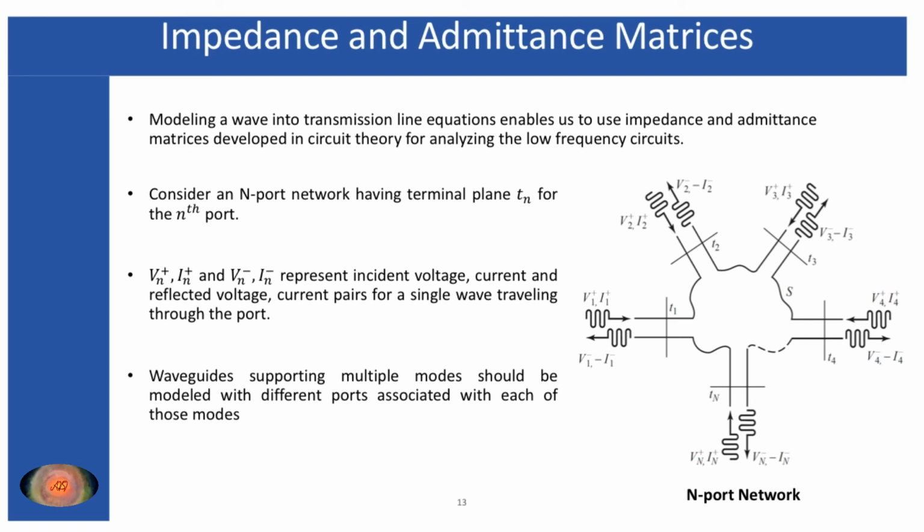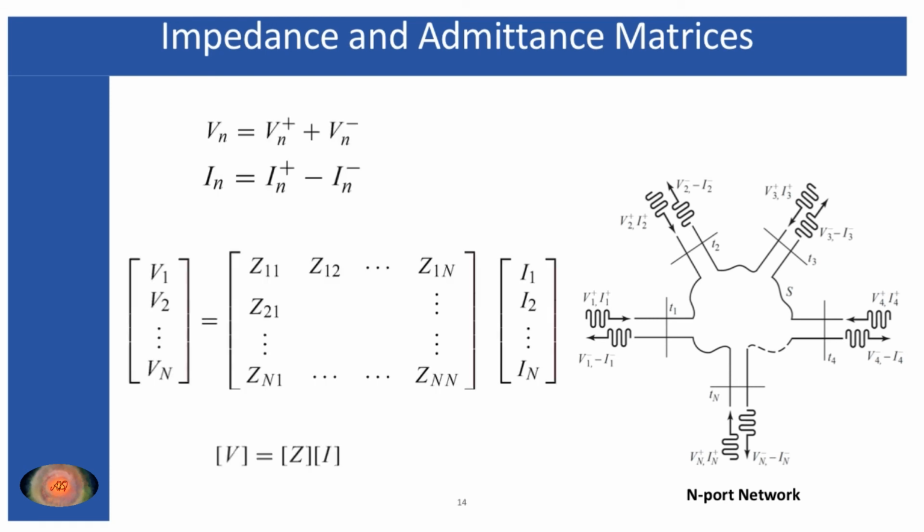So whenever that waveguide is within a particular network and you are dealing with different modes of a particular waveguide, then you have to redefine the voltage and current for each and every mode, and for that purpose you have to use a separate port for each mode. Even if you use different waveguides, you also have to consider a different port for different waveguides, which will carry different modes.